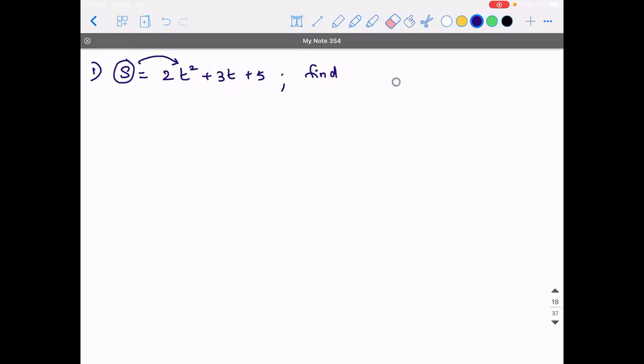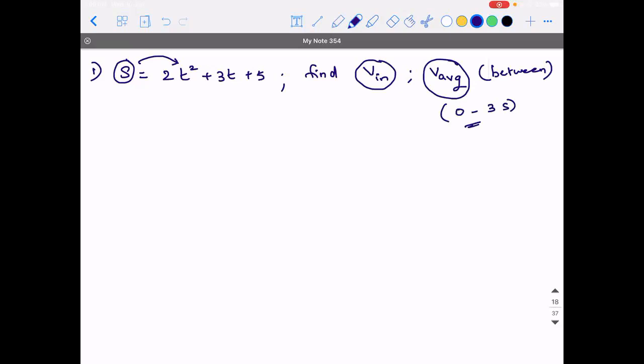Now I'm going to put two questions. Find instantaneous velocity and find average velocity. I'll explain what instantaneous and what average means. When the question is to find the instantaneous value of velocity, it means you need to find the value of velocity at that particular point of time. Whereas when they ask you for the average, you will calculate it between two times. So for average velocity, let me say between 0 to 3 seconds.